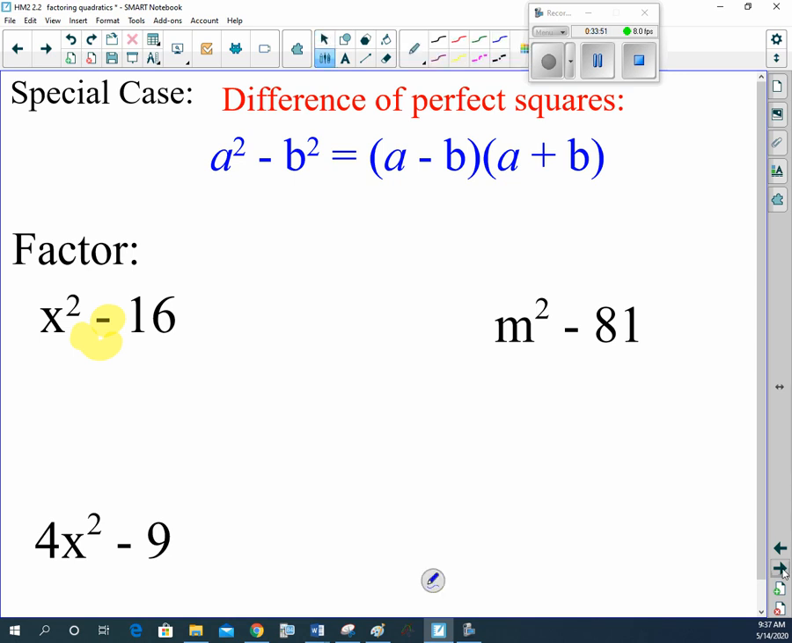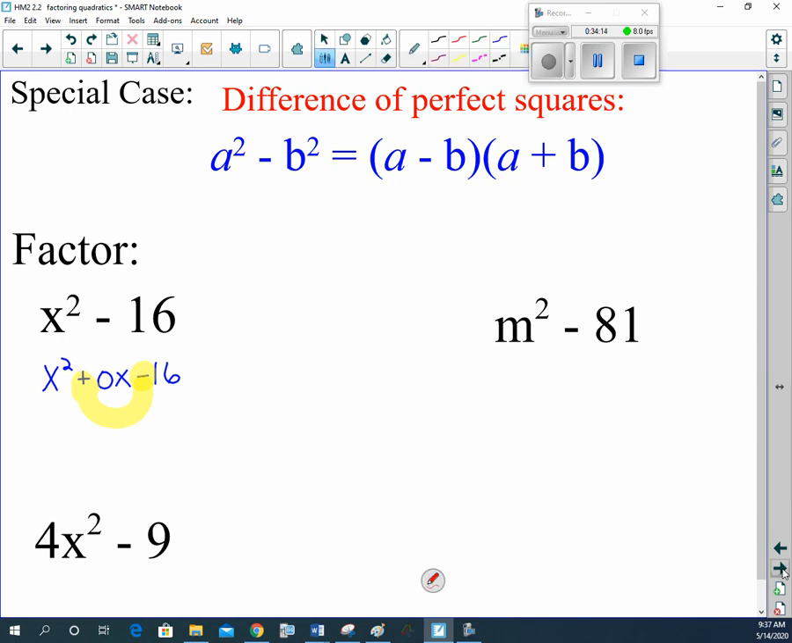Really, this could be written like this: x squared plus 0x minus 16. You are trying to get this to subtract to be a 0x. I said add, you're subtracting here. This is a negative. So if you were to look at the factor pairs of 16,